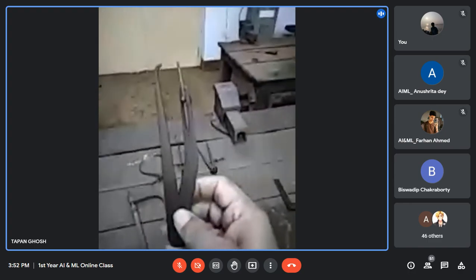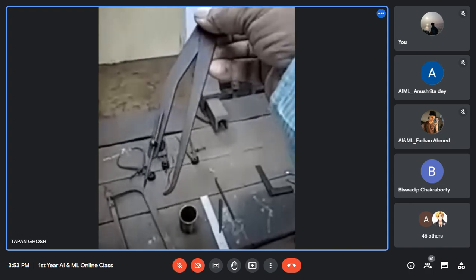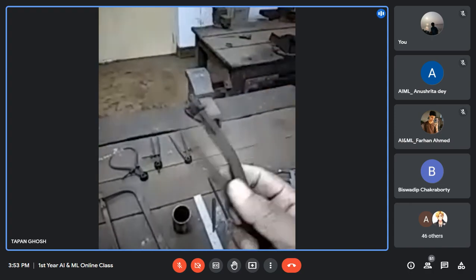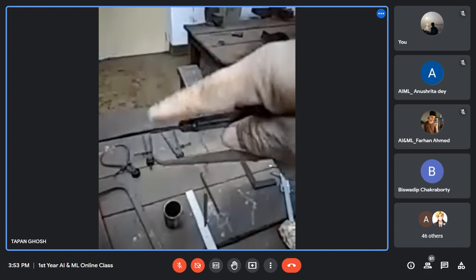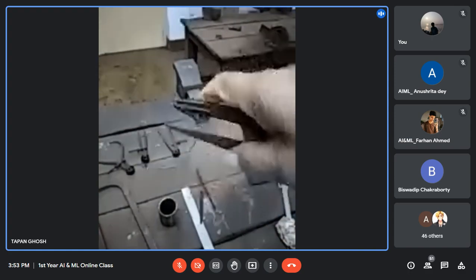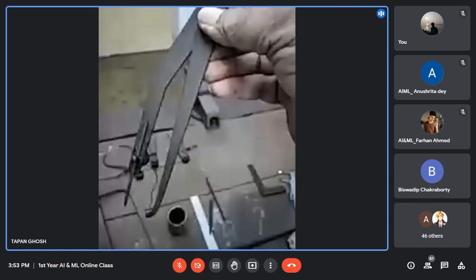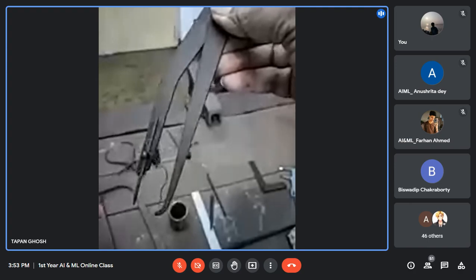So you see that this is called a Jenny caliper or odd leg caliper. So why is it odd leg? You see that both legs are not the same. This is needle type and one end is bent. So this is called an odd leg caliper or Jenny caliper. What is the application of this Jenny caliper?